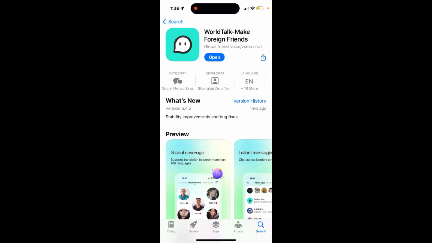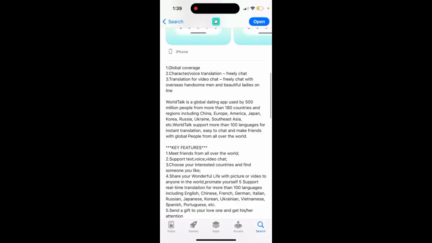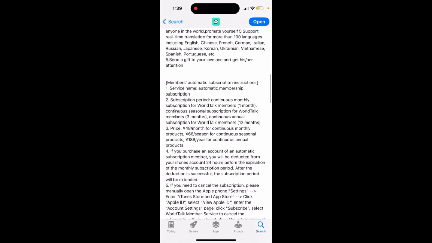Worldtalk app. So how to use this app. So here is the app. You can just see in here, there's global coverage, character, voice translation, freely chat, translation for video chat. So you can meet friends from all over the world, support text, voice, video chat, and just share this account